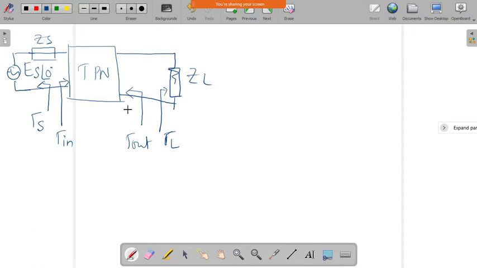So how to obtain the signal flow graph? Let us represent the voltage at this point, which is the generator side, so it will have voltage Vg, and similarly the current which is flowing, which is Ig. Now if I apply KVL for this one, we get Vg equal to Es plus Ig into Zs. This is at the input side, that is the source side.